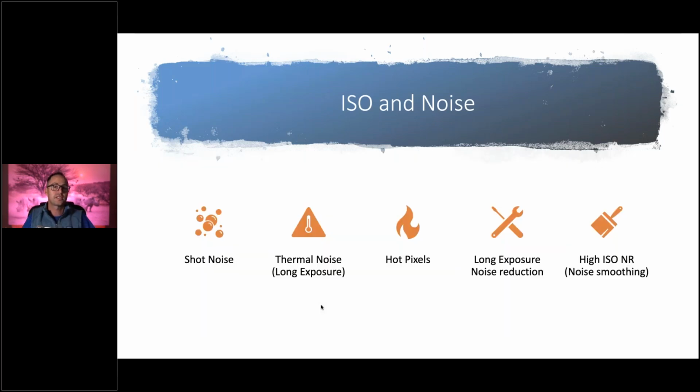There are also different types of noise. So that first one was what we call shot noise. The other one we get is called thermal noise. This is created by heat. Our African climate, if we're shooting in summer, the evenings can quite easily be in the 80s, 90 degrees Fahrenheit. So our sensors get very hot, and that creates thermal noise, which are colored dots, often red, blue, and green